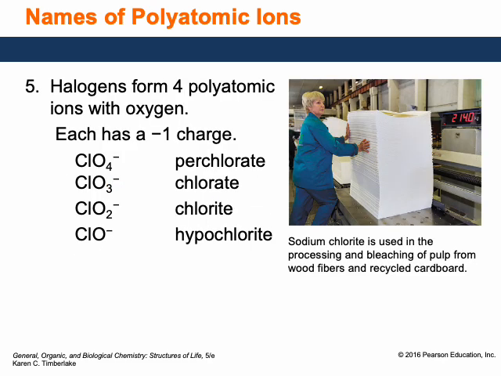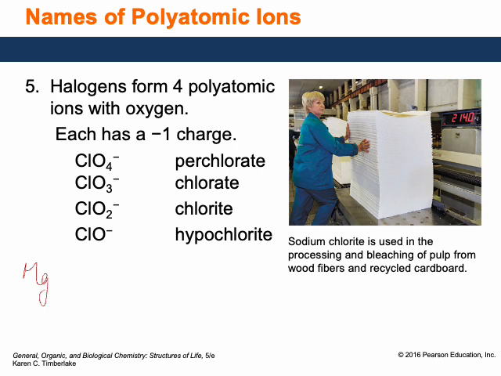There are some more examples between chlorine and oxygen. So you can see here, chlorine and oxygen can form 4 different types of polyatomic ions. Now we'll see, if we are talking about polyatomic ions, how can we write the formula for a polyatomic ion? So let's say I'm making a compound between